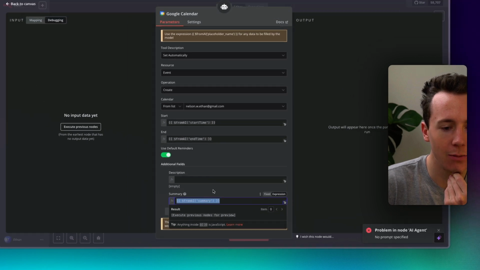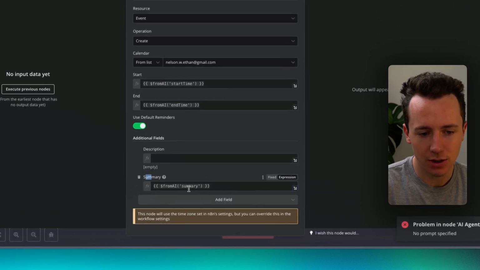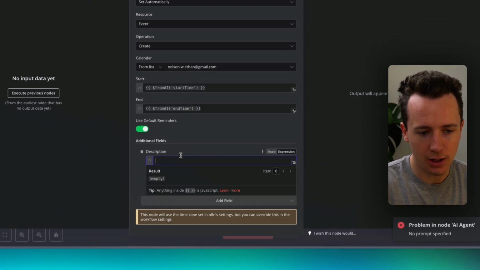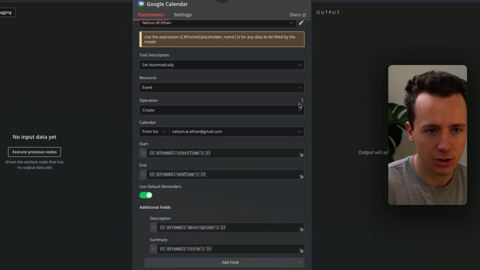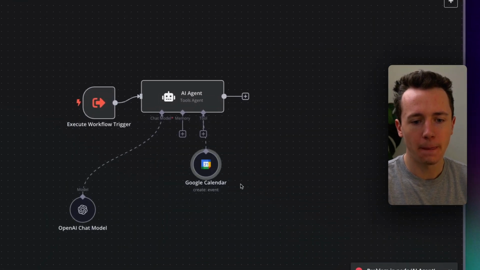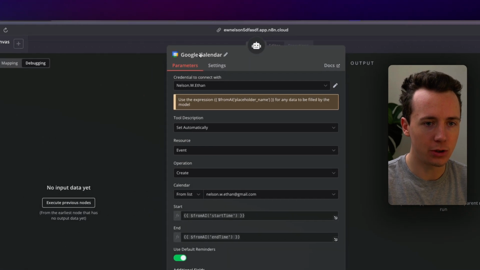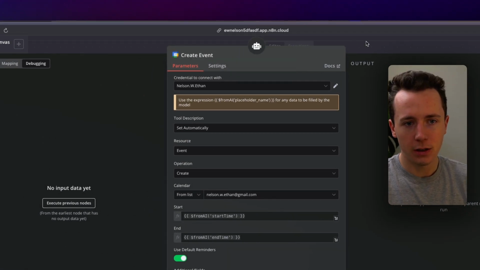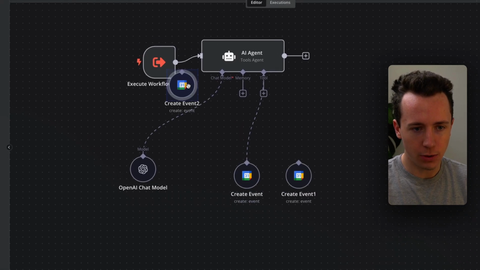For some reason they don't put title in here. It's the title of the event. So this summary, we can just call this title, and then we can call this description. This is just going to be create an event. And then I want to do another one, which is create event with users. So we're going to go up here, call this create event, boom. And now if I just duplicate this, duplicate,